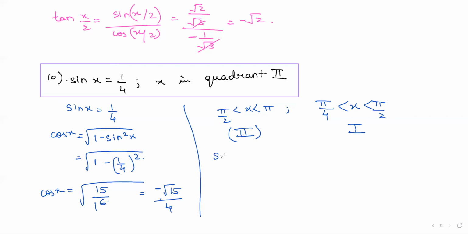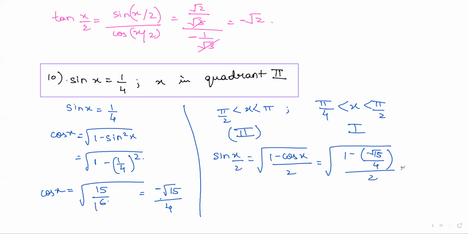So now your sin x by 2 is equal to root of (1 minus cos x) upon 2. This is equal to root of (1 minus (minus root 15 upon 4)) upon 2, which is equal to root of (4 plus root 15)